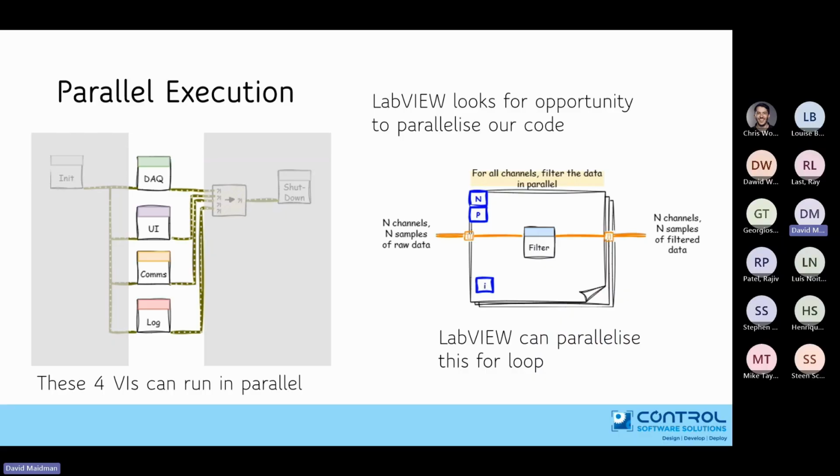If I don't parallelize this, what LabVIEW will do is run it, go round, run it again, go round, run it again. So if that filter takes 1 second to execute, and I go round 100 times, then it'll take 100 seconds. What I could do is put 100 instances of this in parallel. But that's going to be cumbersome on the block diagram, harder to read, and not expandable. You have to actually go in and change it to run a different number of times. By enabling parallelism,